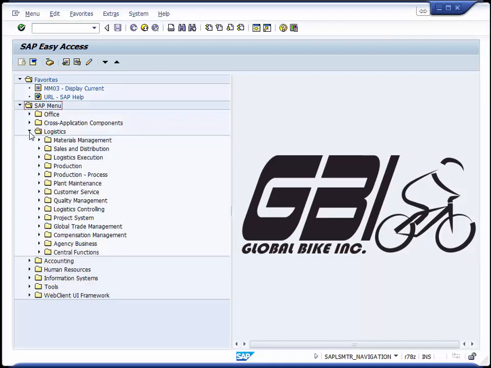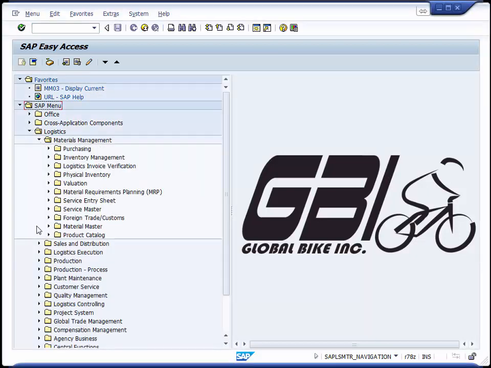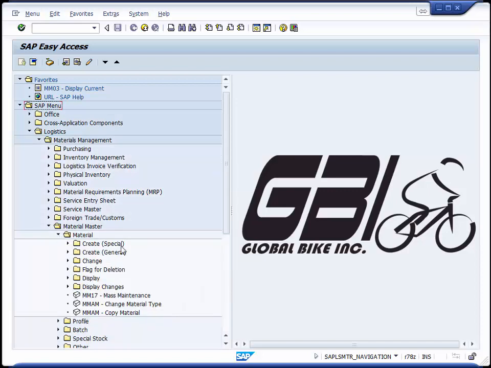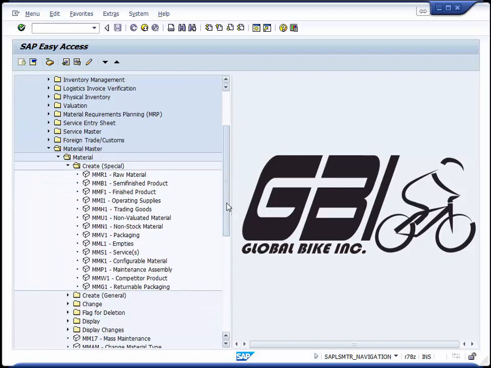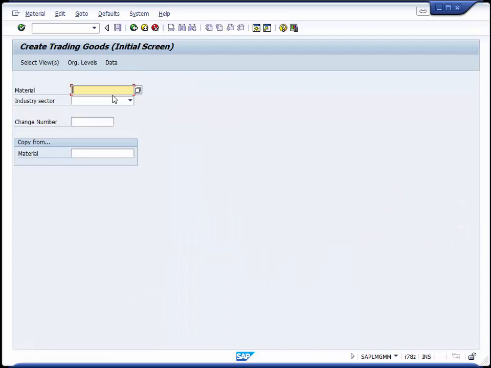Now, please go to logistics, then go to material management, material master, go to material, and then we say create special, and say create trading goods, MMH1, as we did before. And the material we are using now is our chain lock we created just one step before. So it's A, which is your group number, chain lock, then 1, and the last 3 digits are your participant number. And then we say copy from,